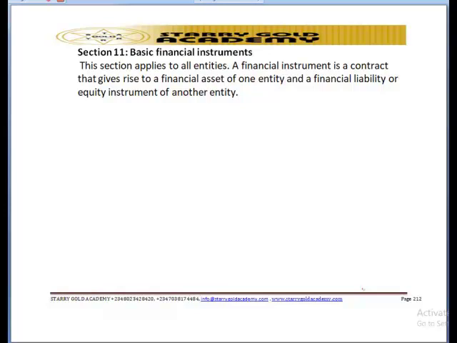Then if you have financing transactions in connection with the sale of goods, in a situation whereby the payment is deferred beyond normal business terms, or is financed at a rate of interest that is not a market rate, the financial asset or the financial liability is measured at the present value of the future payments. Do you get? So please, you are not going to be capitalizing